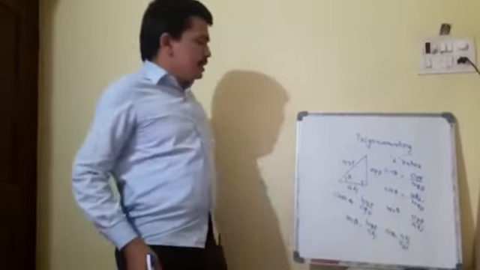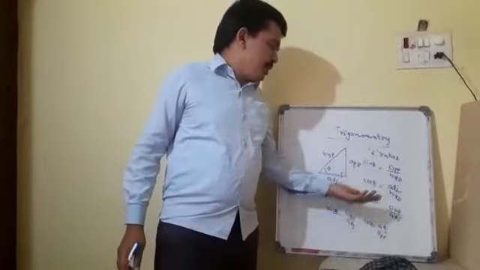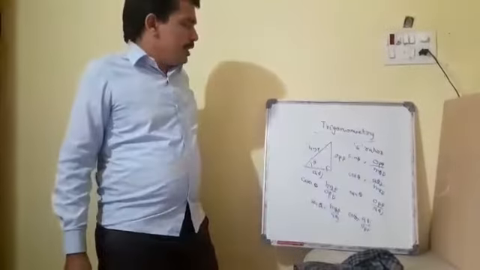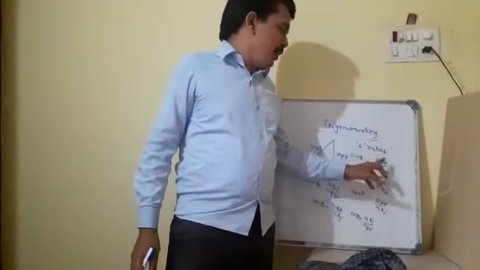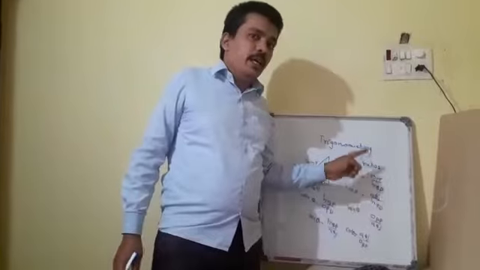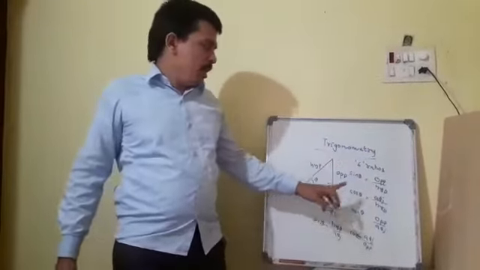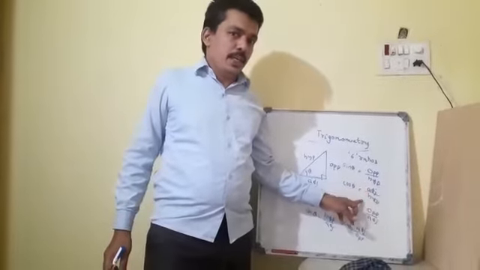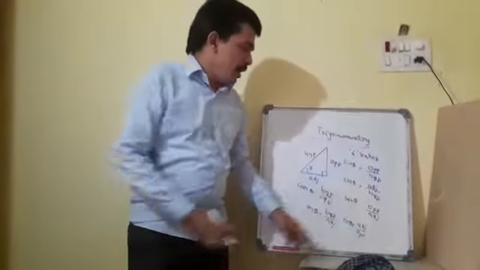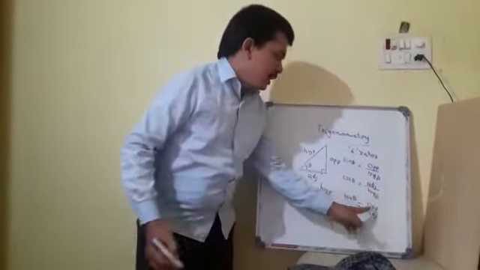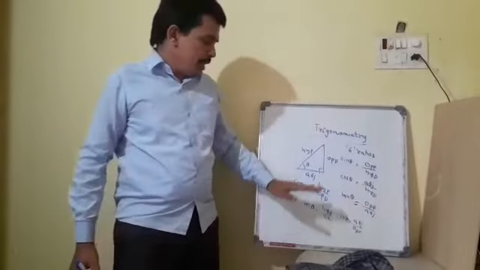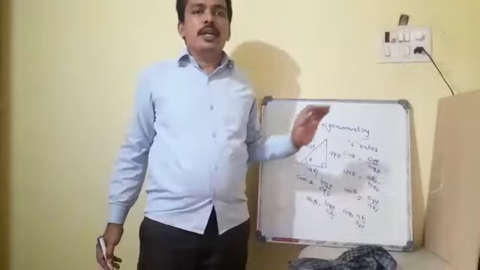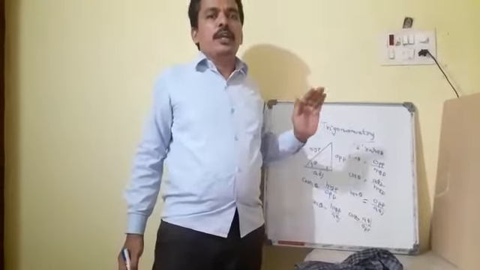So these are the first six ratios, where we enter trigonometry. How many did we get? Sin theta equals the ratio between the length of the opposite side to the hypotenuse. Cos theta equals the ratio between the length of the adjacent side to the hypotenuse. Tan theta equals the ratio between the length of the opposite side to the adjacent side. The remaining three are also like that. So this is about trigonometric ratios. We have just given an introduction.